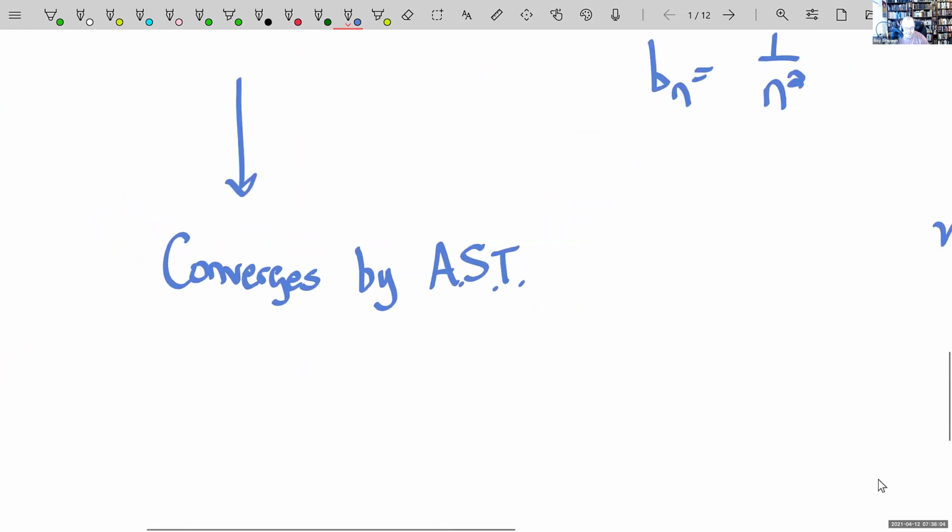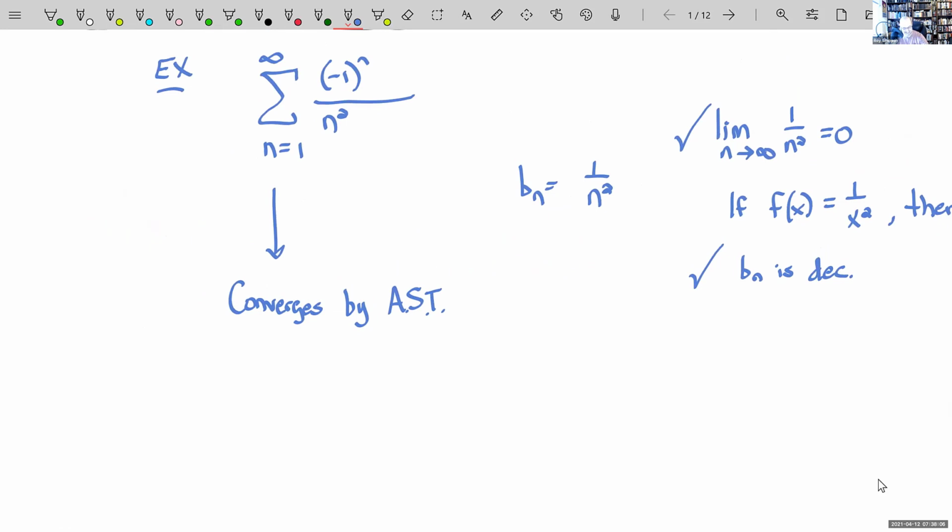All right. So it converges by the alternating series test. Now let's take a look at its absolute value. Notice the ink I'm using. Green means good. So the summation n equals 1 to infinity of the absolute value of this is equal to the summation